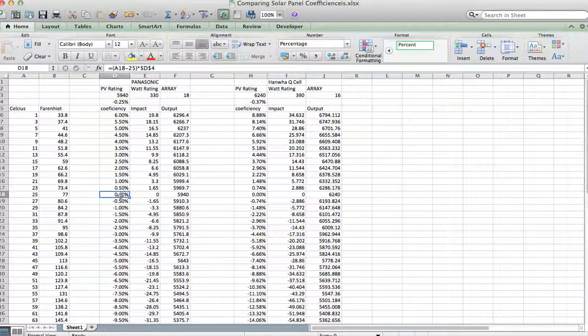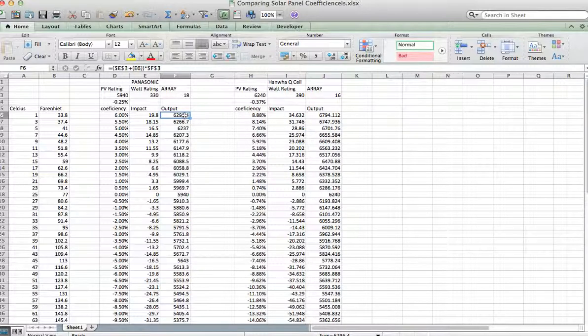All right. So right here is baseline. Now, for every degree below and every degree up, we have a PV rating of 5940 output. Well, when we go down a degree, we now go to 5969, and then 6000, and then so on and so forth. So if you were in 1 degree Celsius weather, you would actually impact the panel by 19 watts greater for every panel, and with an 18 panel array, you're actually going to be gaining almost 300 watts, 400 watts worth